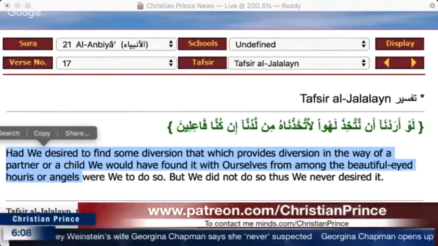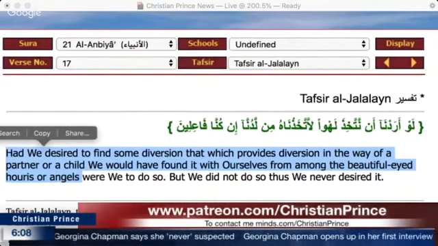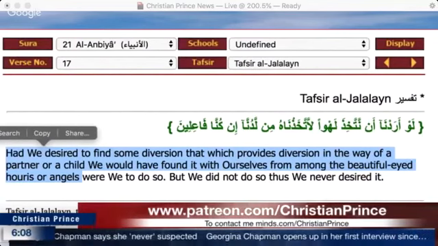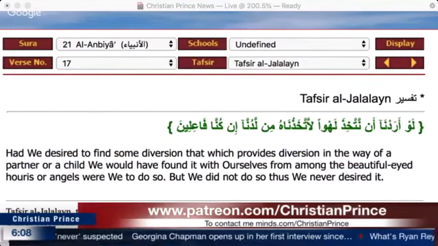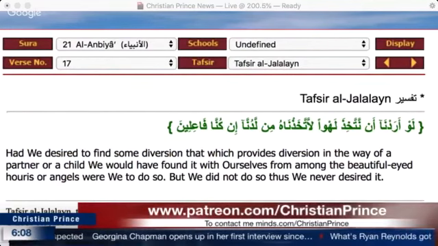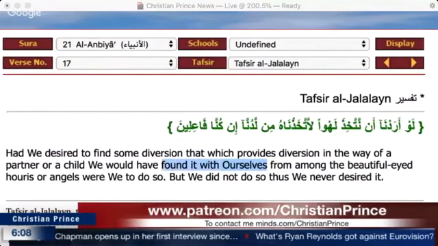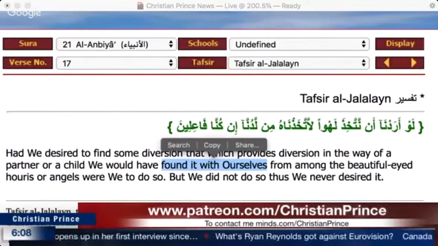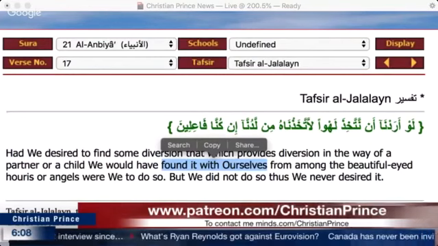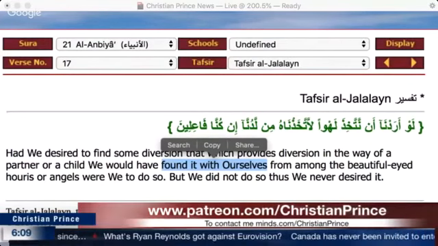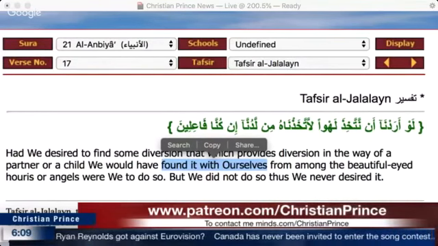The Muslims today are trying to deny the scholars to get away from the stupidity of Islam, because this is what Muhammad meant. He is saying if we want to take a woman for fun, we will take it from our kind. Then here we have a problem. How does he say Allah will take a woman from his kind? It says here from ourselves. You see, when we ask the Muslims why Allah says we, they say it's just a word meaning our majesty, like we the king, right? We the etc. So Allah used it, but here they cannot say that we means we the king, because now Allah is going to have sex with we.